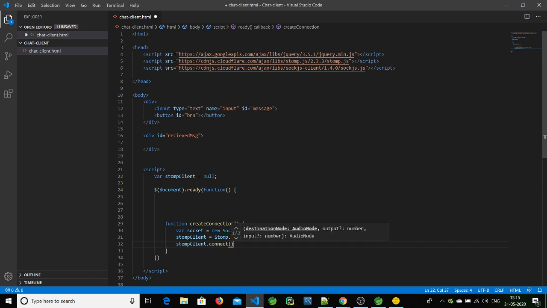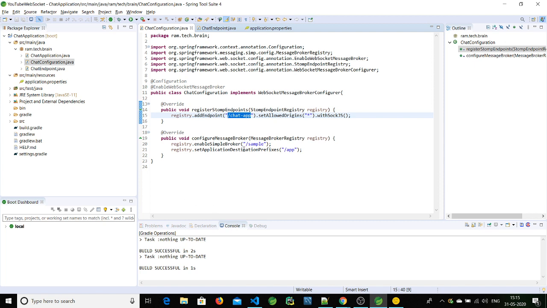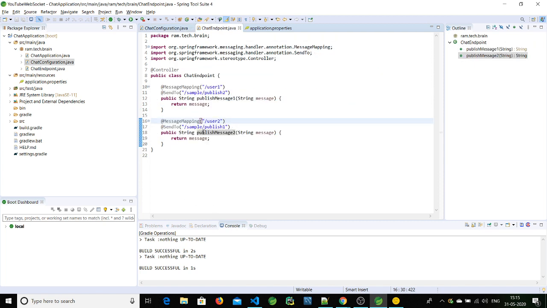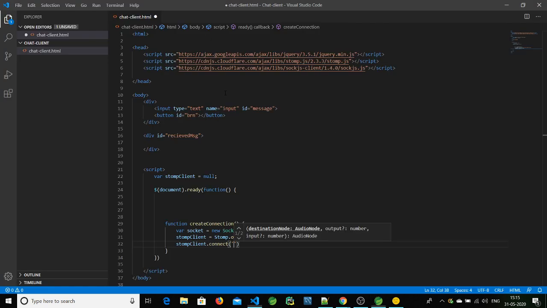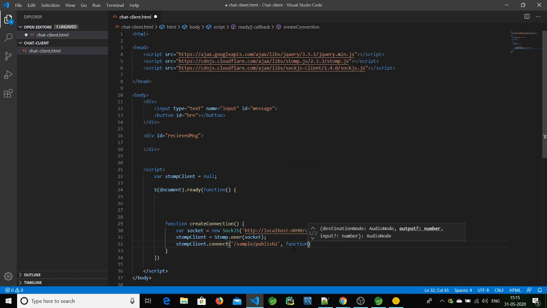And inside connect, the first thing we'll pass is the subscription URL. So this is the subscription base URI, and here this is the subscription URL. So let's make it for subscriber 2. So this is the subscription URI, and once it is connected, it will give a callback.